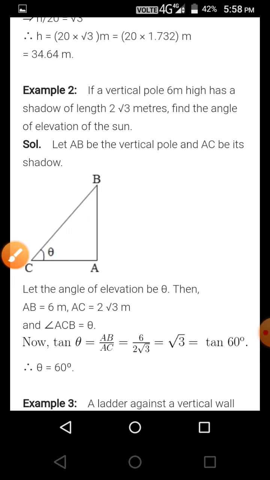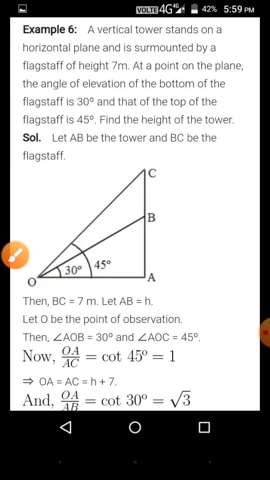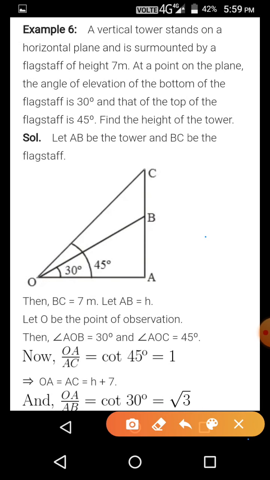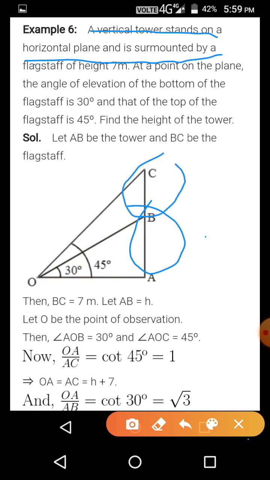Okay, next we have a very good question here, example number 6, and you have to read it and understand it properly. The question says a vertical tower stands on a horizontal plane and is surmounted by a flag staff. So on the top of the tower there is a flag staff, which is 7 meter. This BC is 7 meter, and at a point on the plane the angle of elevation of the bottom,